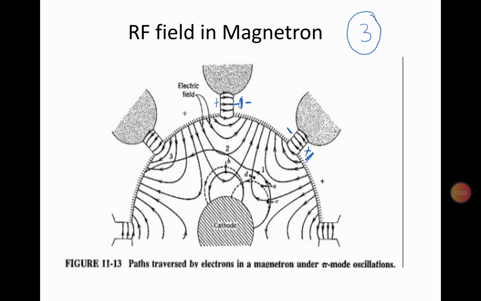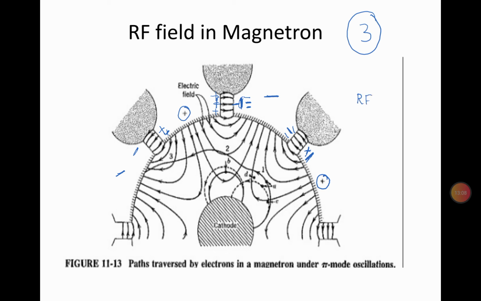Now look here, for that particular instant of time, because this is positive, here again you will have positive with respect to this. Because this is negative, this will be positive, this will be negative. So what you see here is negative here, and positive and positive here. That's why you have a positive here, a negative potential or electric field here, a positive here, and a negative potential here for a particular instant of time. I say particular instant of time because the RF field I am talking about keeps changing with time.